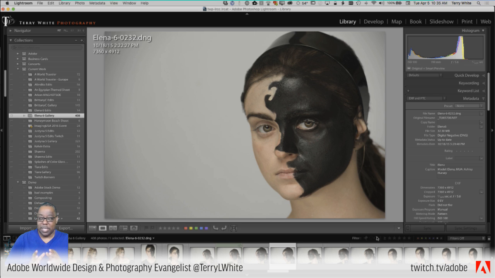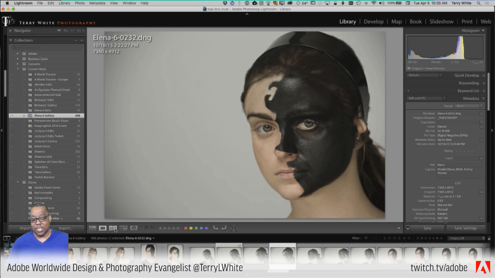In the case of wanting to see photos that are similar and you kind of want to see them next to each other, what you can do is hold down your Shift or Command key, or Shift or Control key on Windows, to pick your second photo. So for example, maybe I want this one to be my second one. So now that both of those photos are selected, you have two different modes for looking at multiple photos. You have Compare, which is the letter C, and you have Survey, which is the letter N.